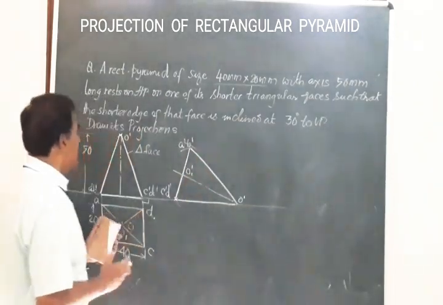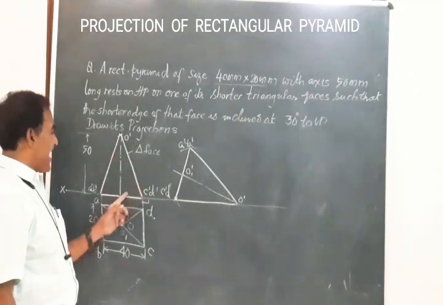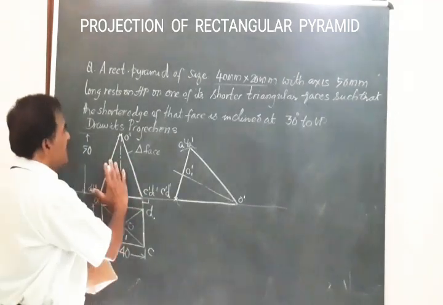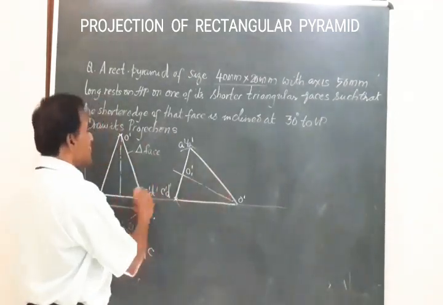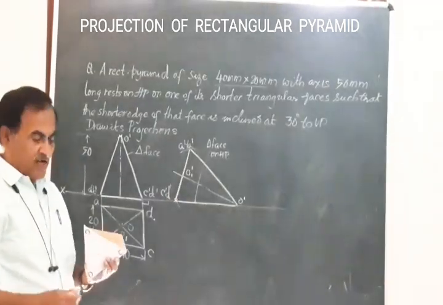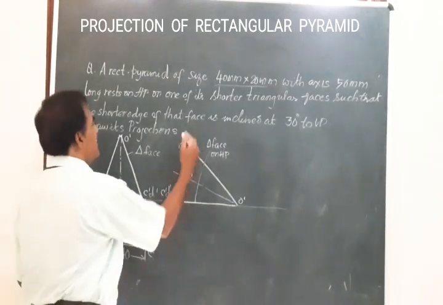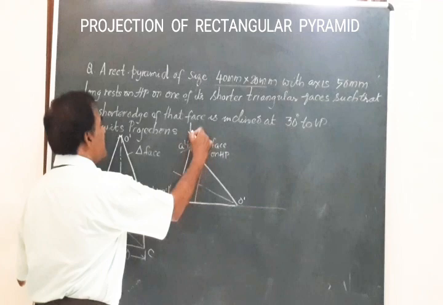Friends, you can see in the first position, the triangular face of the solid was at an angle to HP. Now the same figure I have redrawn here, such that that triangular face is on HP. Now we have to obtain the top view of that. How does it appear? So I am going to look from here.